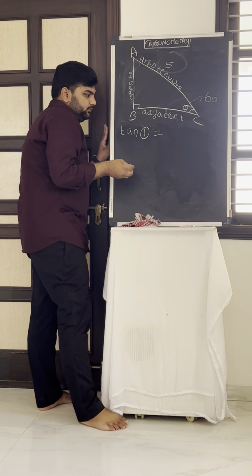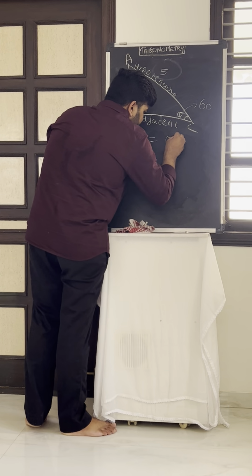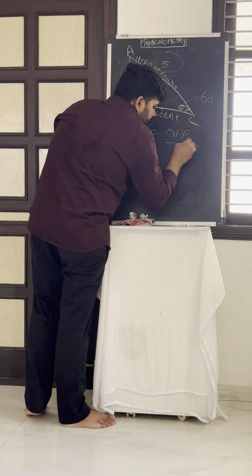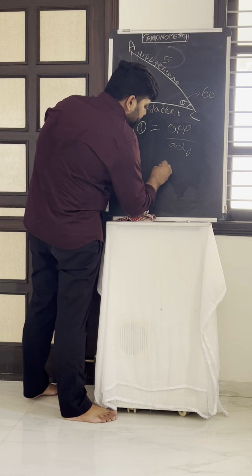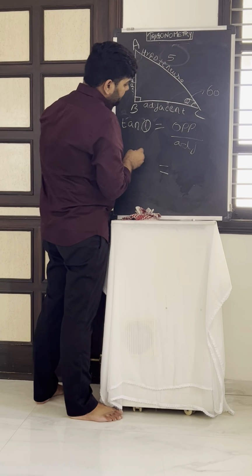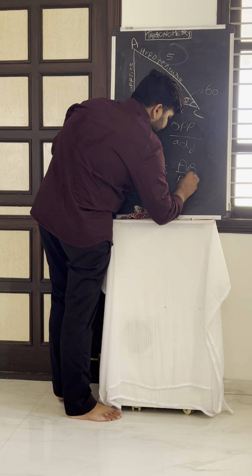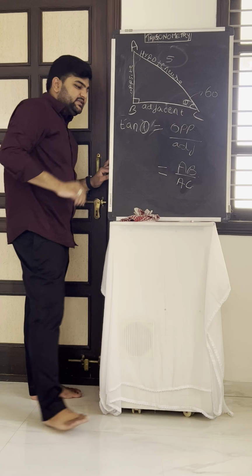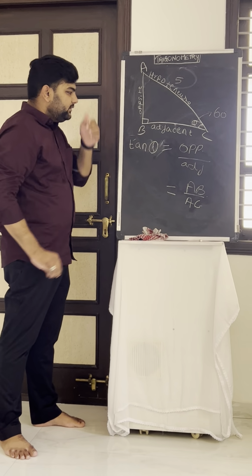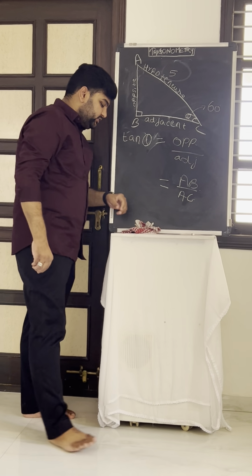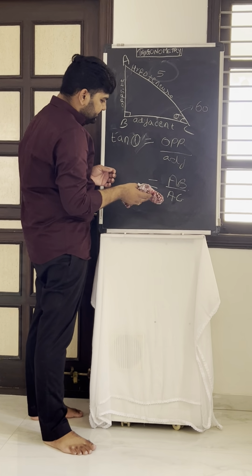Tan theta will be equal to opposite upon adjacent. Okay, so it will be equal to AB upon BC. You all just copy down these formulas. We will go into further explanation ahead. Okay. And then the fourth operator is